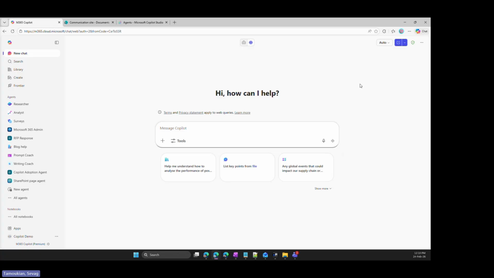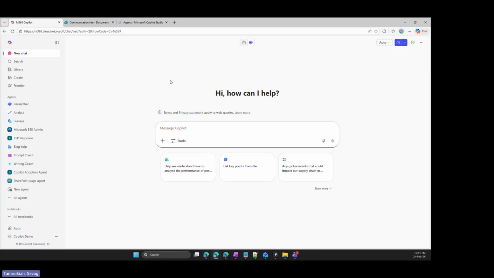Just by signing in, if you visit m365.cloud.microsoft and sign in with your business email, with your Entra ID that IT&T have configured for you, you'll get this green shield over here, which is already a step further than others can provide. This green shield means enterprise data protection, and this is Microsoft's contractual agreement with yourselves, saying that Microsoft will not use your information to train the AI that's running